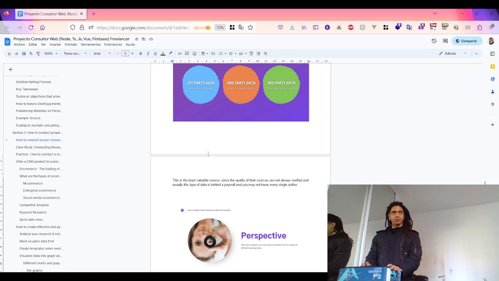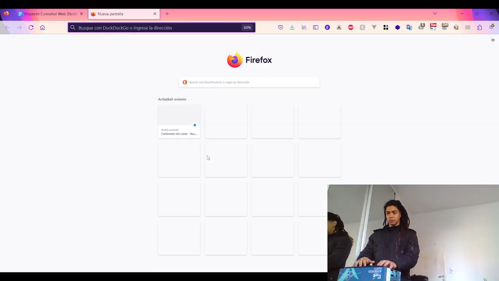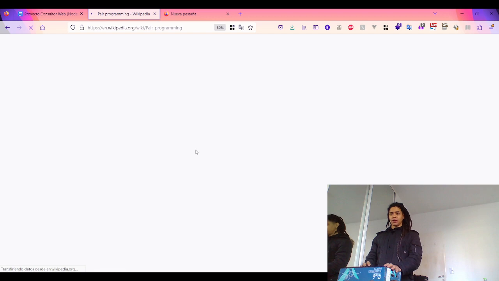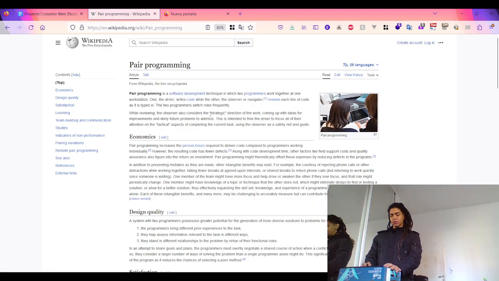By the way, I'm going to explain that with the XP programming, with the pair programming. Pair programming, which, let me reopen now here. Pair programming, which comes from